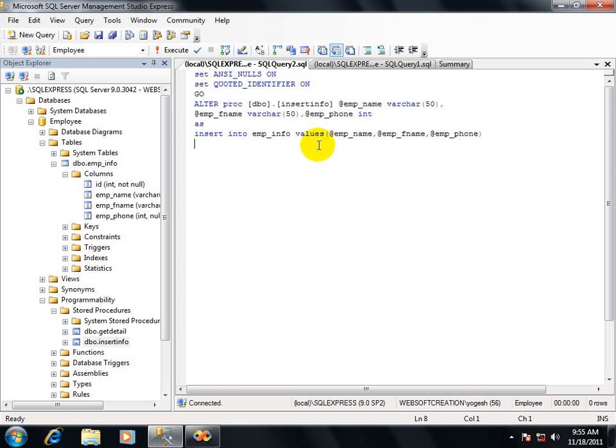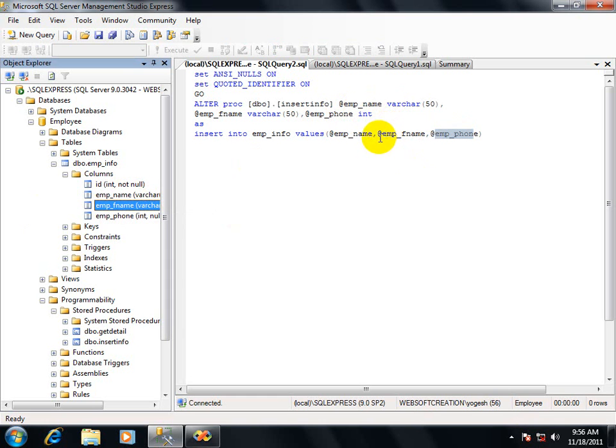So I have to keep in mind that if you are using local variables, which data types have been used in this stored procedure. I will take these names: emp_name, emp_f_name, or emp_font. It is not compulsory that if your table field name is emp_name, then your local variable should be emp_name.